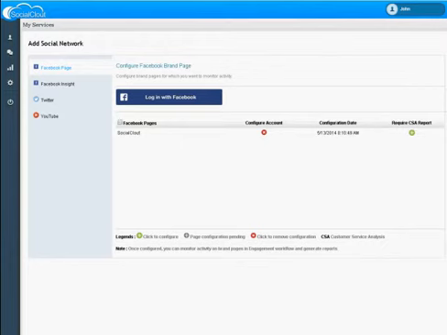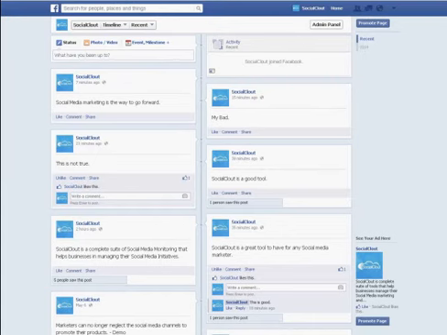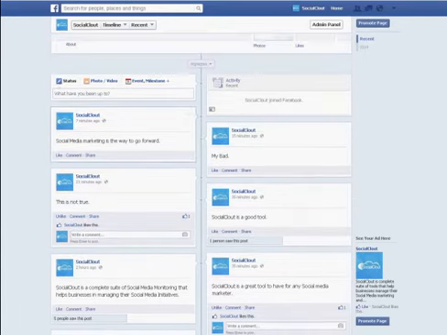Hi, this is Mrigang. With the help of this video, I will show you how you can use the engagement workflow to monitor the activities going on in your configured pages. The engagement workflow is an interface where you can see all the activities going on in real time. It is pretty easy to use the tool as you're going to experience on your own.